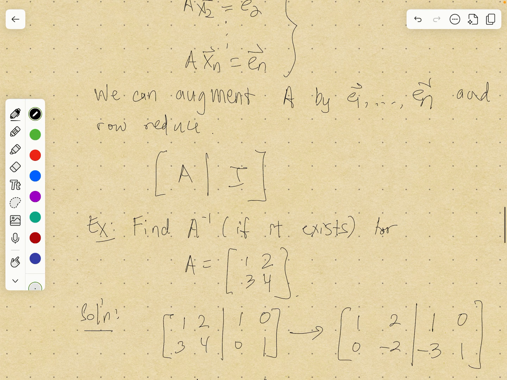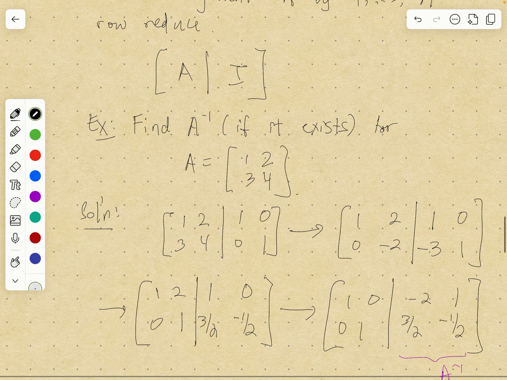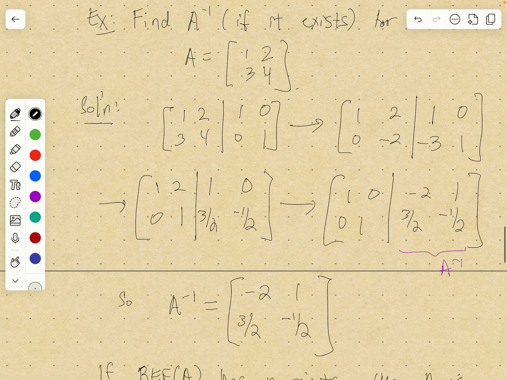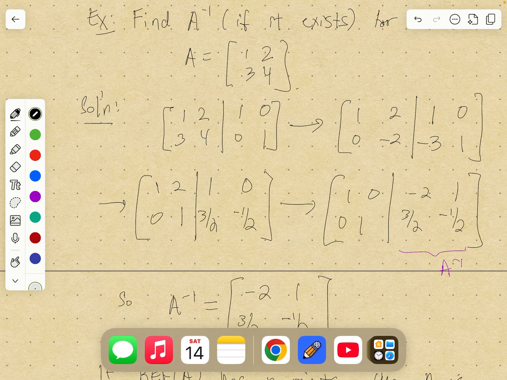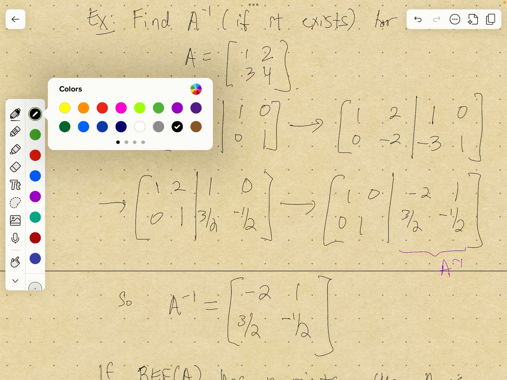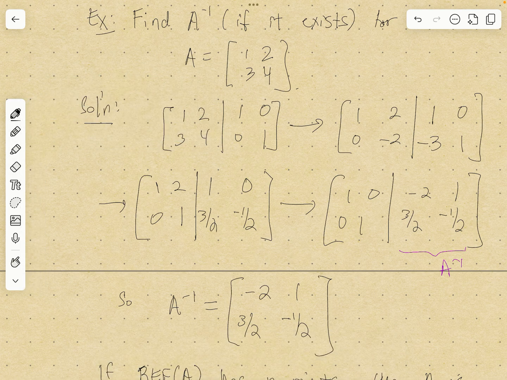So we augment A by b1 through bn, in this case it's e1 through en, that's the identity matrix, and then you row reduce, and then once you row reduce, you can tell if A is invertible or not, but if A is invertible, what you're going to get is the identity matrix on the left, and then you're going to get A inverse on the right, because